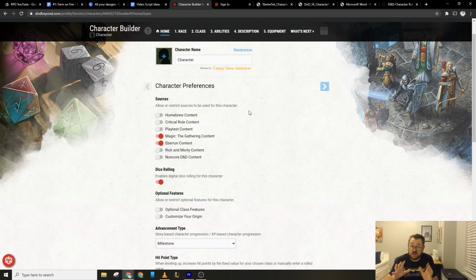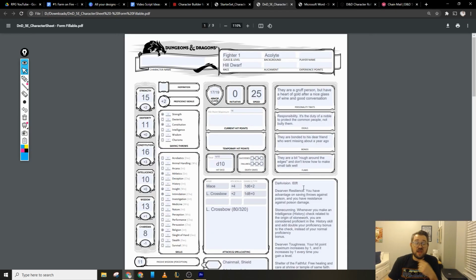Again, a lot of campaigns run using D&D Beyond or something similar. I tend to run on paper, and that's why I wanted to go through the paper character creation process to the best of my ability. I think it's useful to know how this all works and where all of these numbers and widgets and information comes from, but this is a really great way. And honestly, it's a great way to just make random characters to see what goes where. Now, unless you've purchased content, you're only really going to have access to some things, some homebrew stuff, and some of the free content that's available, but you can purchase digital versions of a lot of the books through D&D Beyond. If you end up using this character in a game, please let me know,